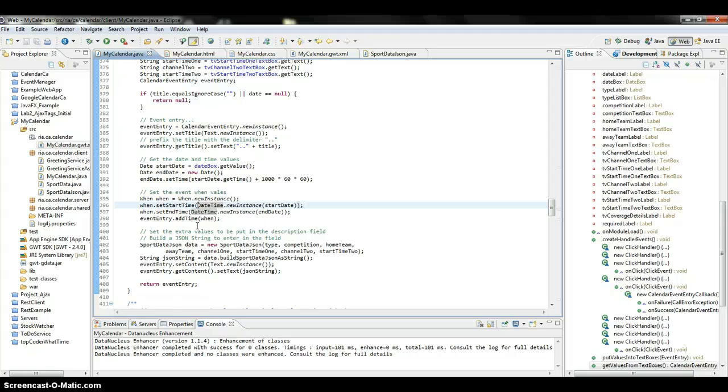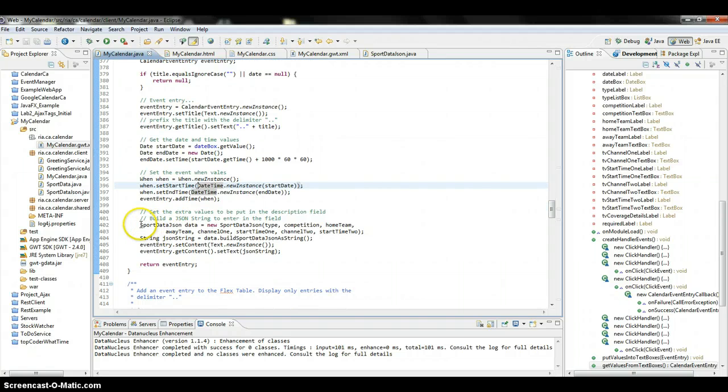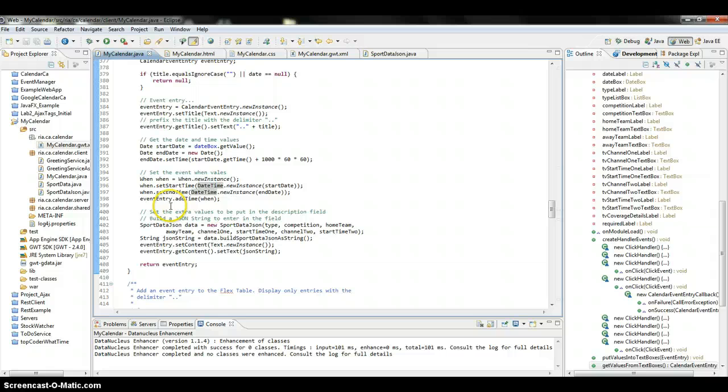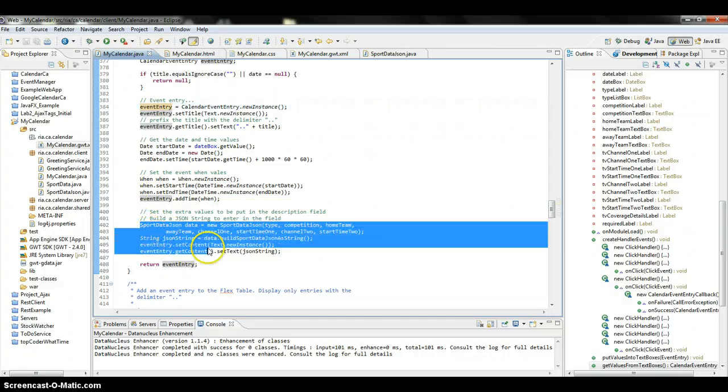in the main Java class we have here, first of all, we get all the information. This class is get values from text boxes. So basically, this is just when we're going to add an event and we want to add the information into the event. So we have those there where we set the title, the dates, and this is the information going into the description field, which will